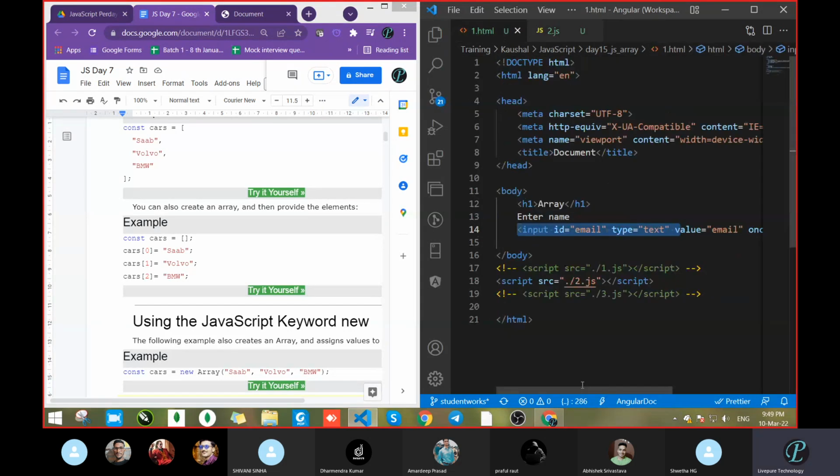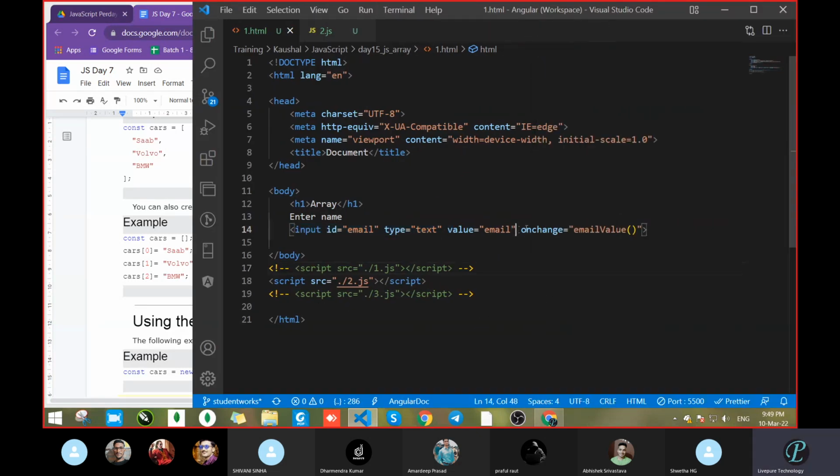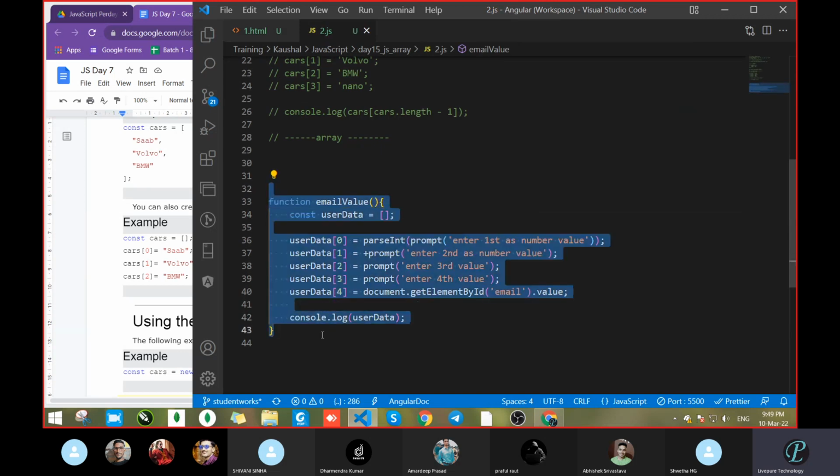I just took one simple input field, and in the input field I added one on change event, and on that we had a function call, and here we created the function, and here we are going to construct the array. Samsad, the same way we can construct an object and collect all the data of the form.